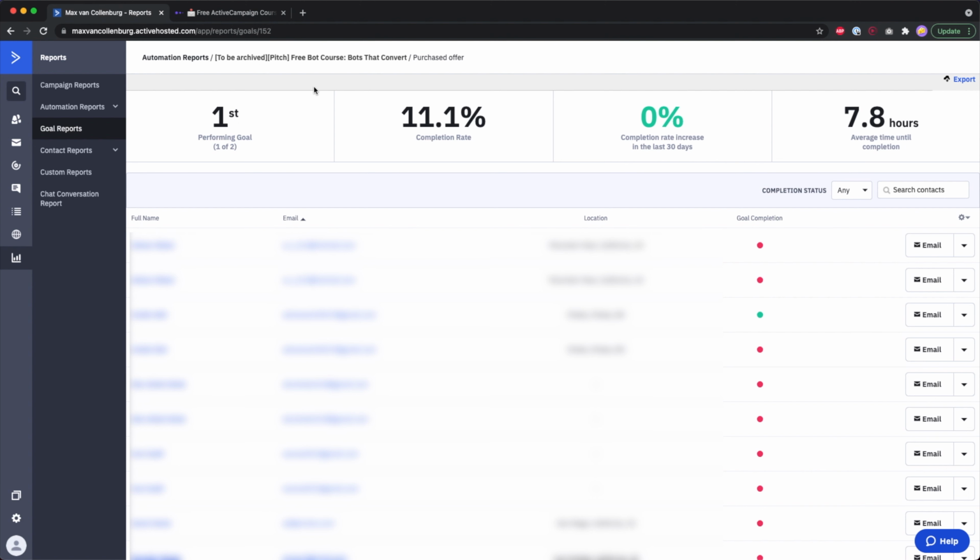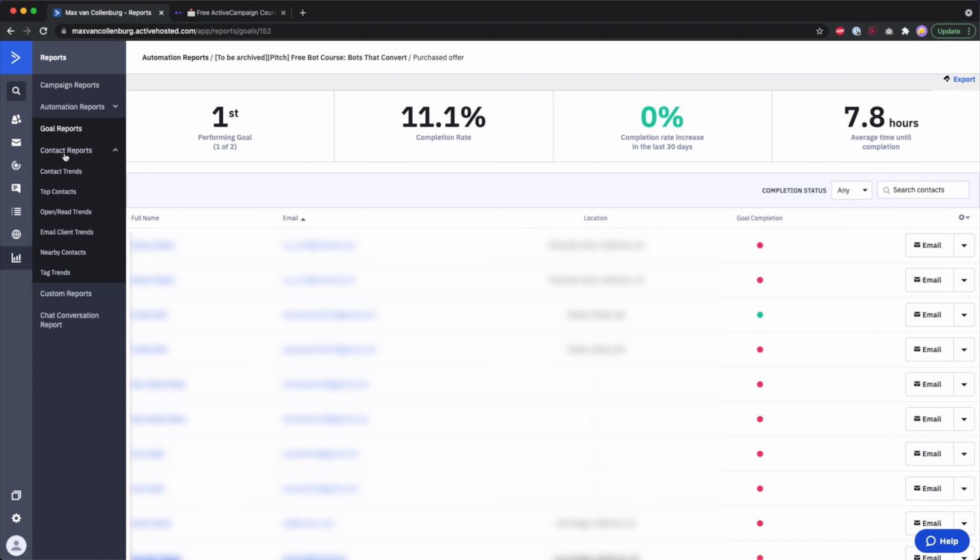So this is actually a free course that people can follow as fast as they want. And then you see over here, it takes 7.8 hours in total for people to do that. So I think that's really cool information. But then that's it basically. Then here, if you want, you can filter all the contacts based on complete or incomplete. But there's not much other data that I can get out of this.